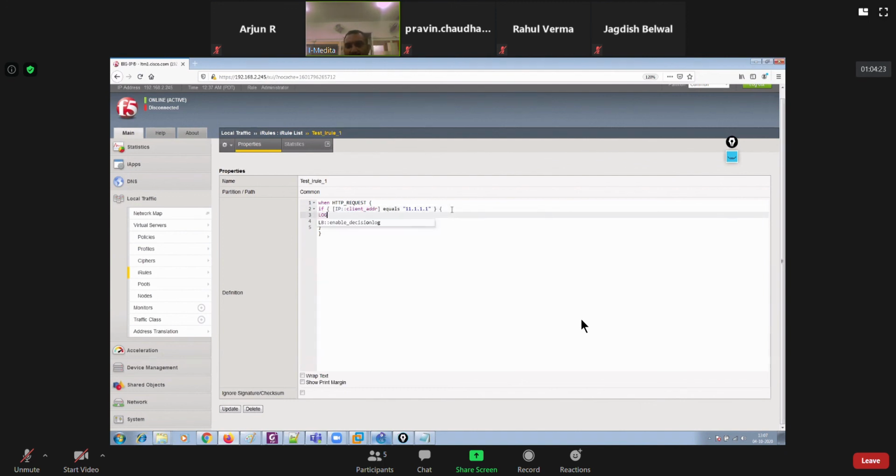generate a log message. Log local0. And it should be logged as client address is client address, like this.